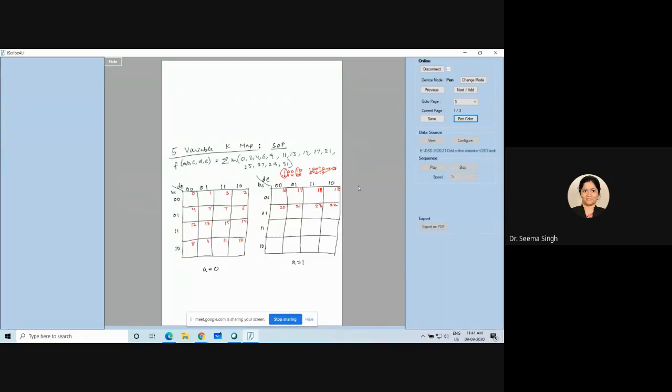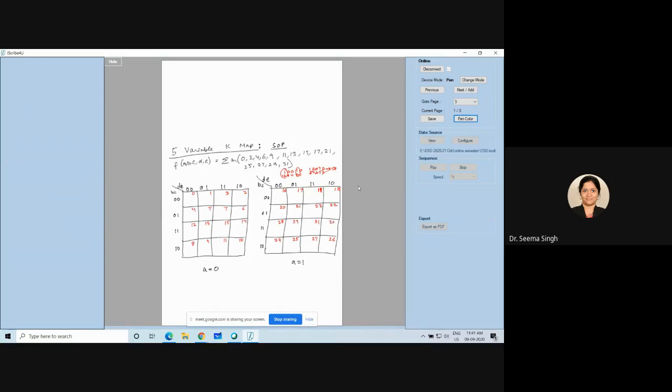Now after 23, as the K map says, we will have to move here. So this will be 24, this will be 25, this will be 26, this will be 27. Next we will go to the third row. This will be 28, this will be 29, this will be 30, and this will be 31.